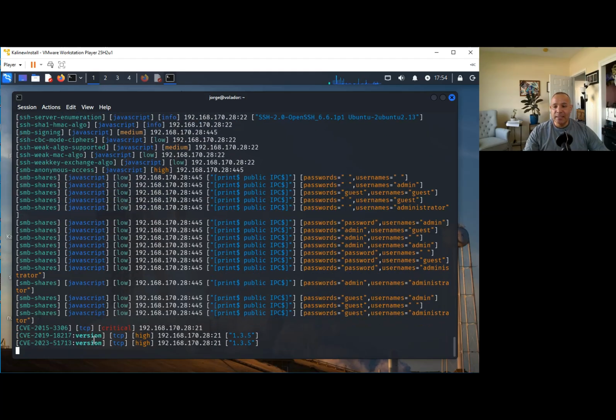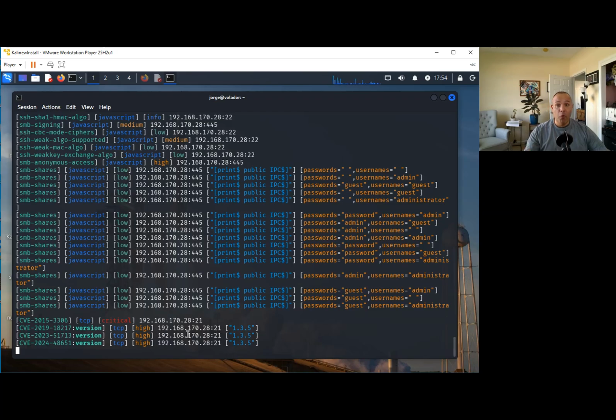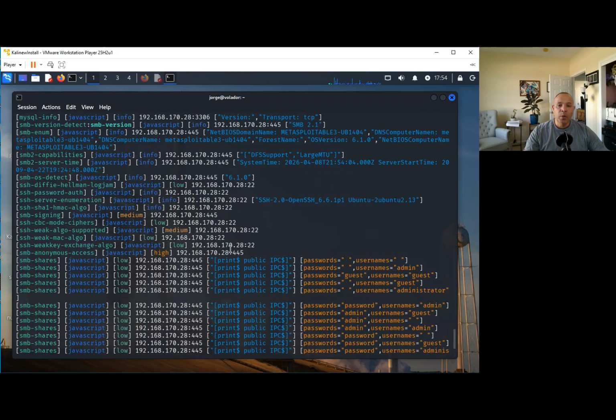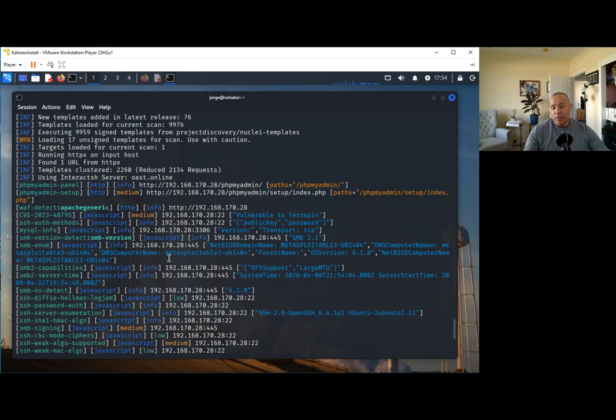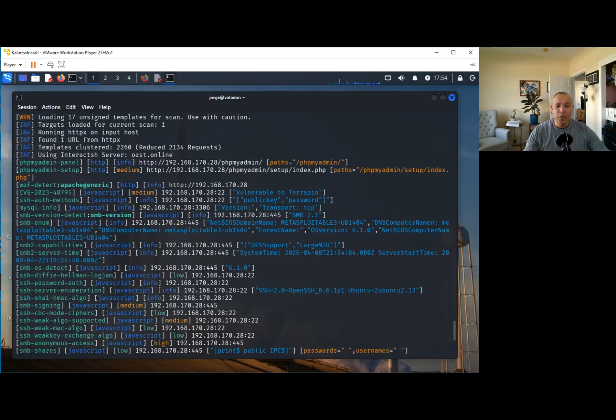It has identified a critical vulnerability. Of course, this is Metasploitable. But something to keep in mind, and this is what you need to pay attention to just for your own understanding. So we are doing this, it's going to be loading the different templates, and it's going to be checking for different things, right? It's going to be checking for the CVEs, as you can see right here, and it's going to give you